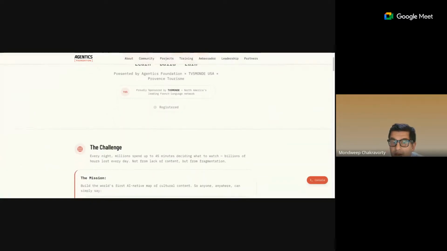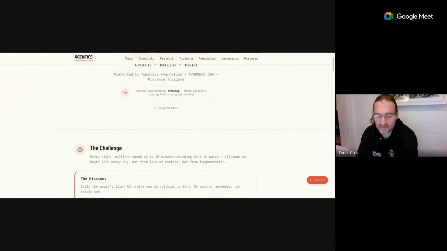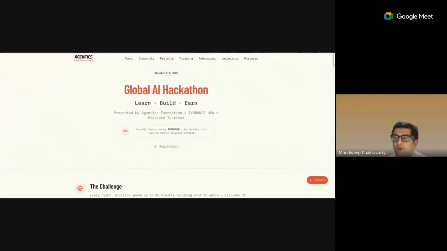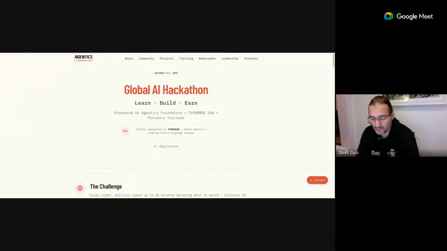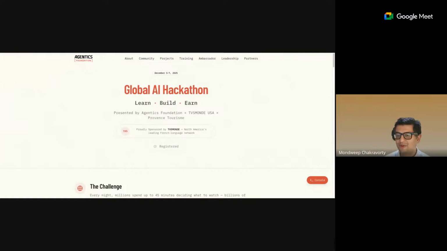So Google is supporting in terms of infrastructure. Is this at their headquarters? No, this is all remote. So we'll run it at that. The idea is that we want to come up with a hackathon in a box concept through this process. So how do you conduct a global hackathon by being remote?